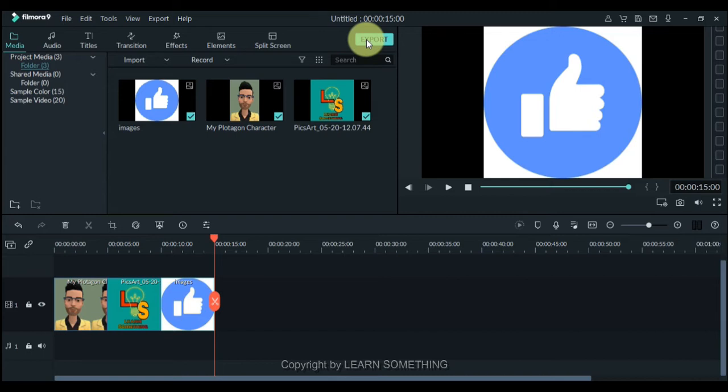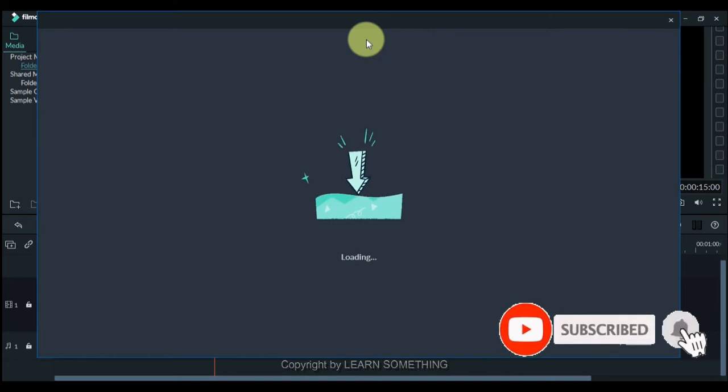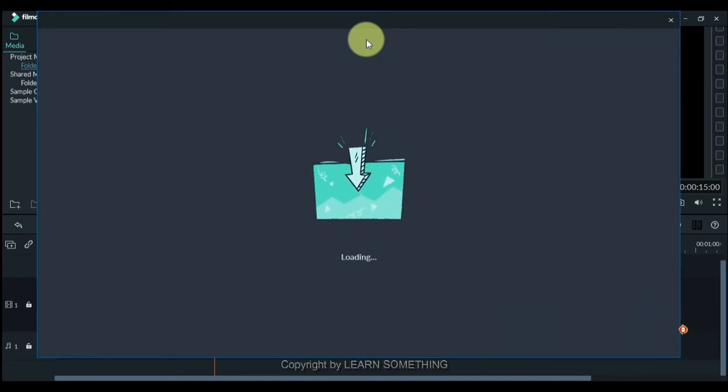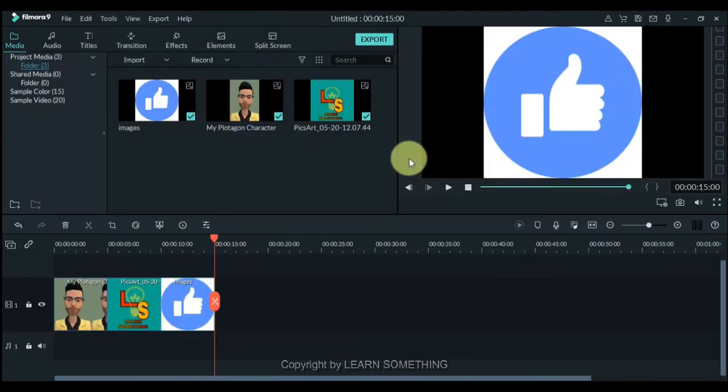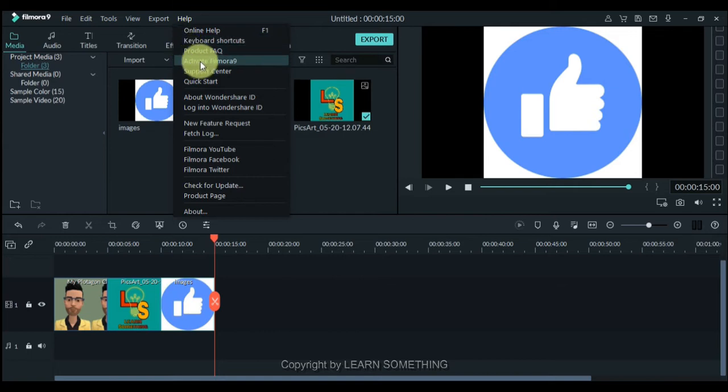Just click the export button if you want to export your project, and see the different plans for purchasing the software. You can see the different plans. You have to close that particular window and go to the help button and click that and see the activate